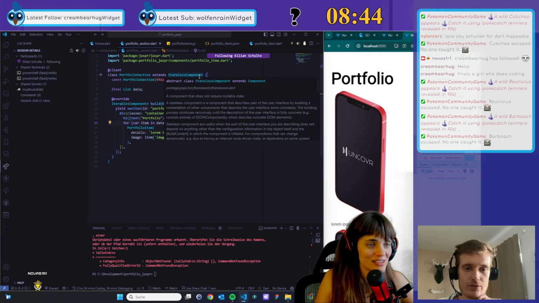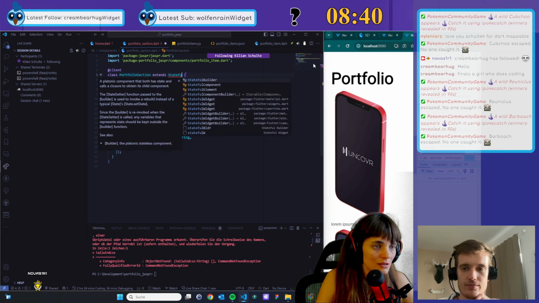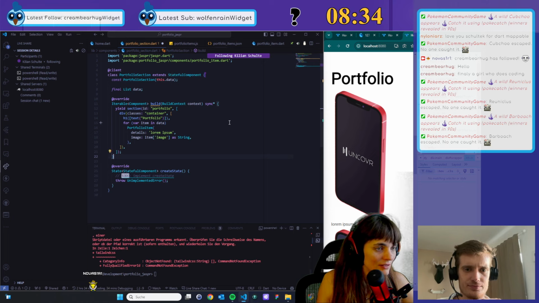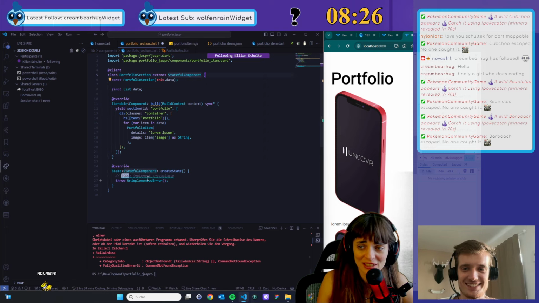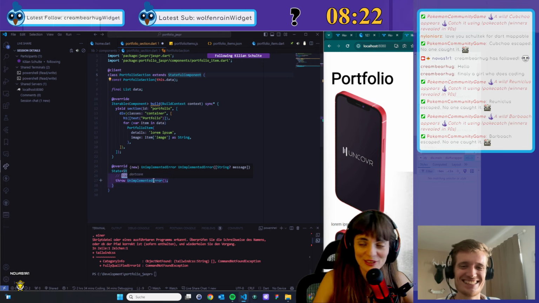And then we keep track of the index and do some button clicks and stuff. Create state. You should be familiar with that. Oh my god, I can't do this out of my mind. I just hit convert to stateful and then magic happens.